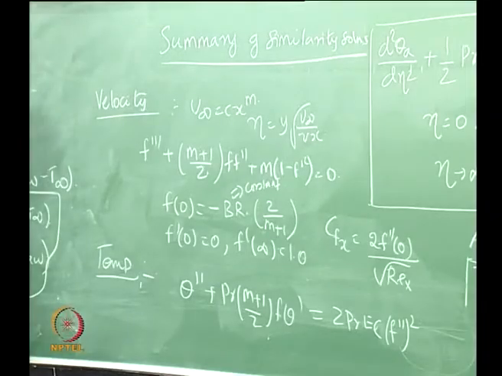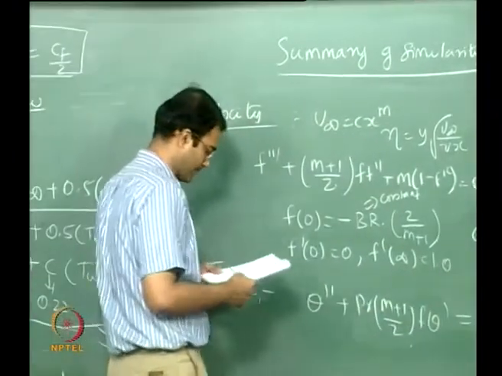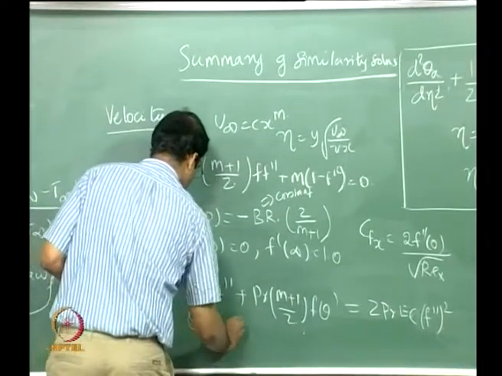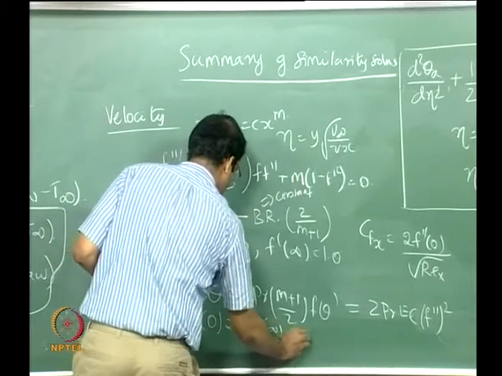If your Eckert number is small, you can neglect the right hand side terms and it reduces to Pohlhausen's equation. The boundary conditions: theta 0 equal to 1, theta at infinity equal to...